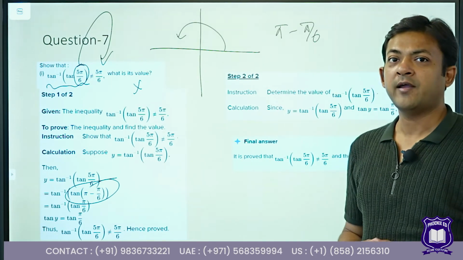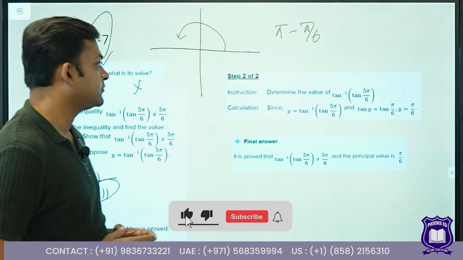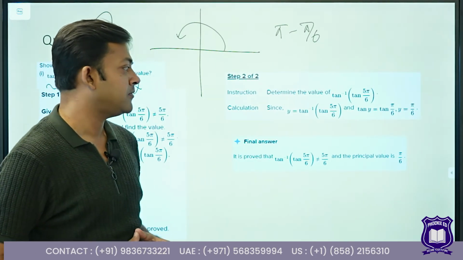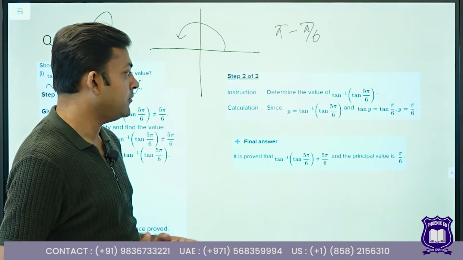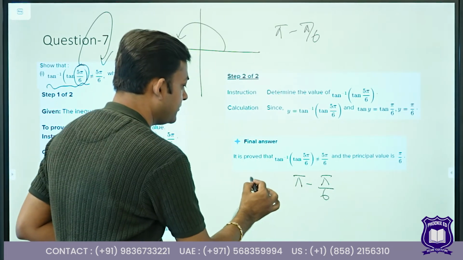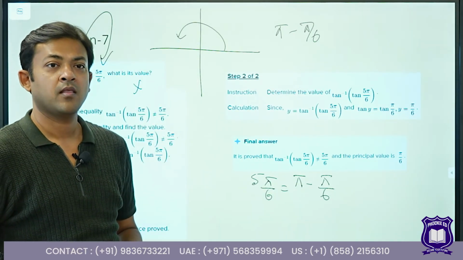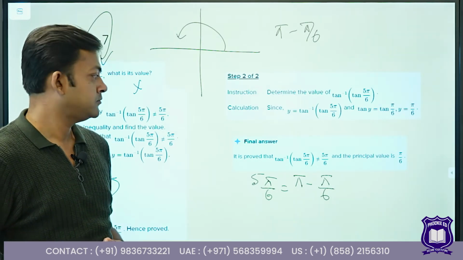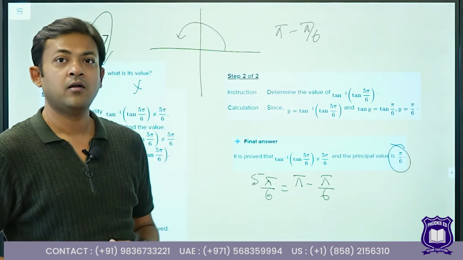In case they want us to find the exact numerical value of this answer, the way to find it is, we need to write 5 pi by 6 as pi minus pi by 6, and the principal value of the function would be, first we would write 5 pi by 6 as pi minus pi by 6. We definitely understand that this value should be negative in nature. Hence, my answer would be minus pi by 6 and not 5 pi by 6.